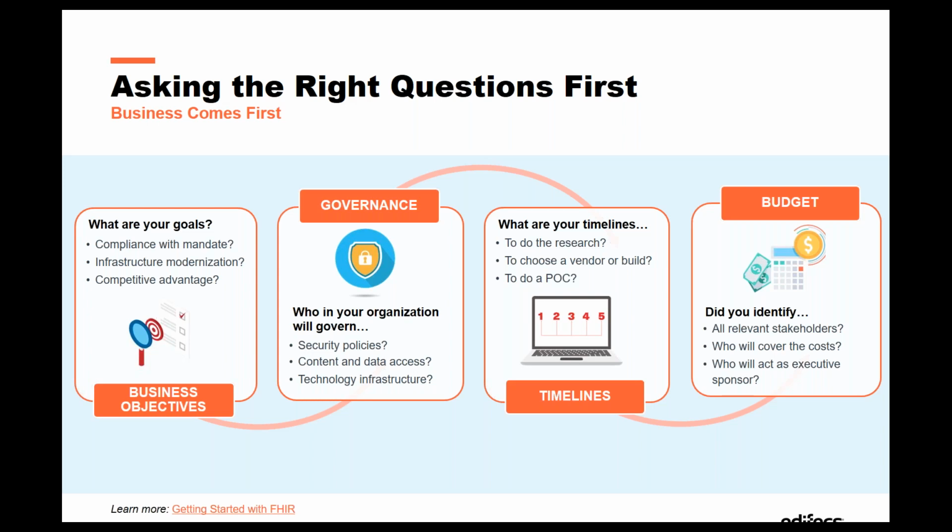Because if you just start doing things ad hoc as they come up, most likely you will not be in time. And in the best case, you just won't be able to provide your partners and your members with enough information. In the worst case, you may come to penalties or some issues with CMS for not being in compliance. Once the timelines are set, the last but not least is the question of budget.